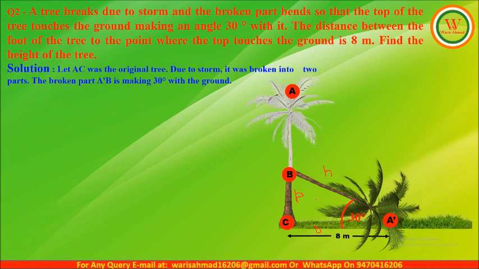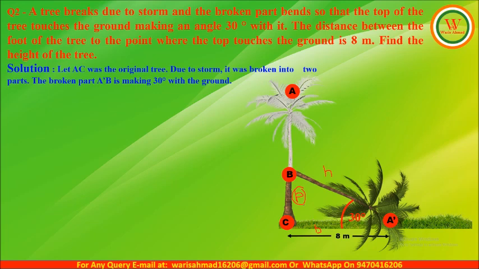In this triangle, the measurement of A dash C is given as 8 meter, means the measurement of B is given, and we will find out the value of P, means BC. Now we have to think about those T ratios which have perpendicular and base both. So whenever we talk about tan theta or cot theta, both have the ratios of P and B, means perpendicular and base. As tan theta is equal to perpendicular upon base and cot theta is equal to base